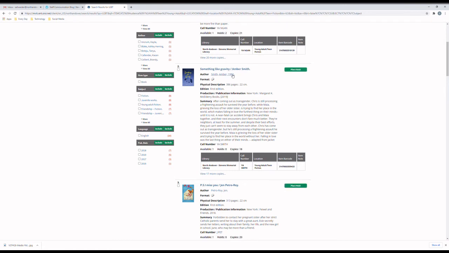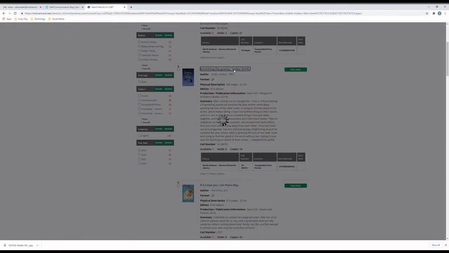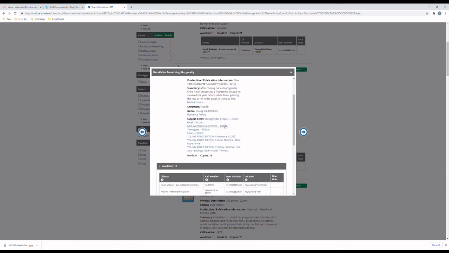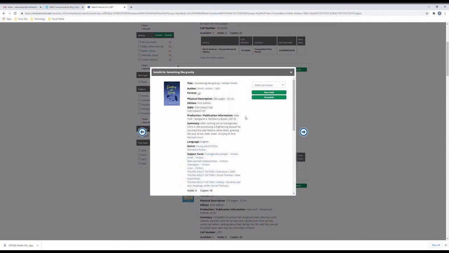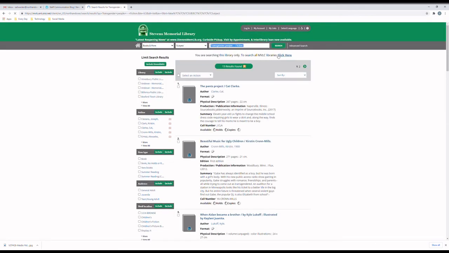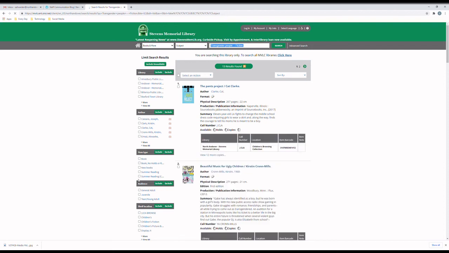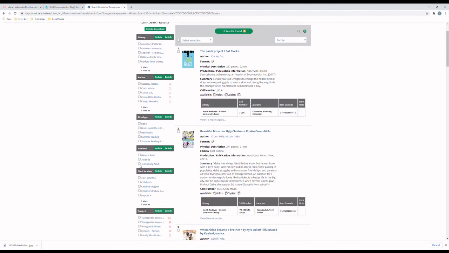So say I want to read something like Gravity by Amber Smith, or I'm interested in that title, I can take a look at this. And then maybe I'm particularly interested in learning about transgender people and transgender teen books. I can hit that subject term, transgender people in fiction, and then get even more results that I can then narrow again by teen books, include,